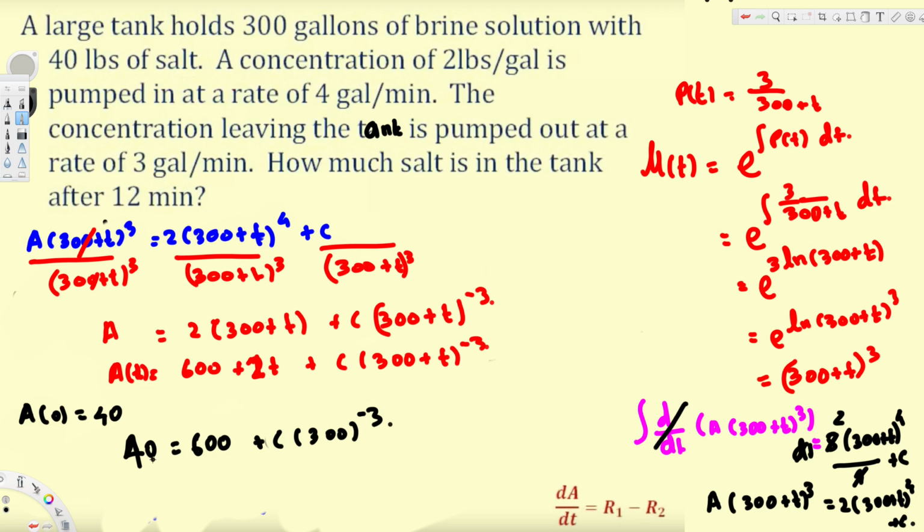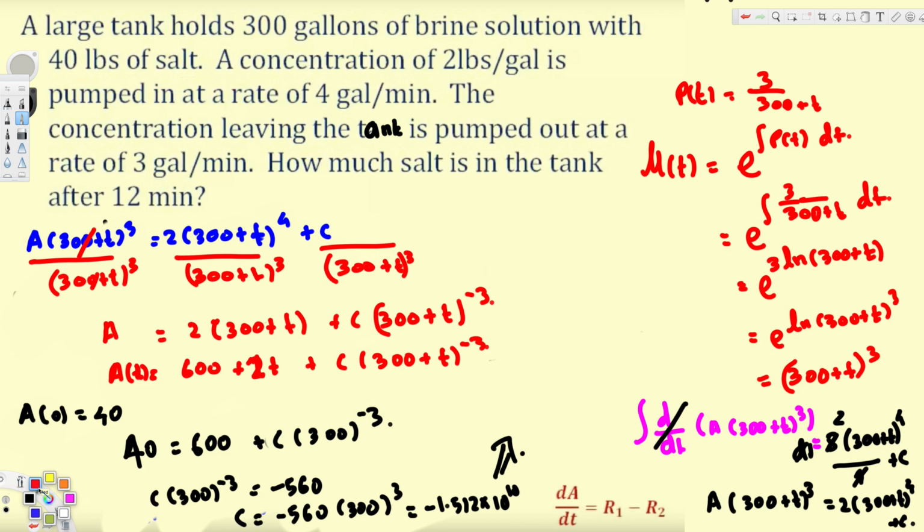Now we can move this one to the other side, so this is going to be C times 300^(-3) equal to negative 560. Therefore C is going to be equal to negative 560 times 300³. Because here we have 300 power minus 3, it means 1 over 300 cubed, and if we move to the other side, that's going to become 300 cubed. If you multiply these two together, that's going to give you negative 1.512 times 10 to the power of 10. And if you want to write this one as a whole value, this is going to be equivalent to